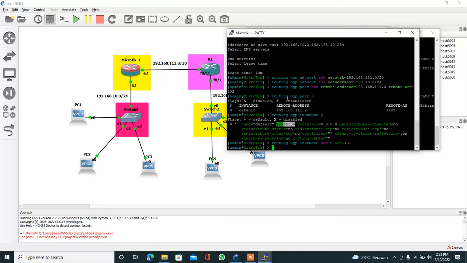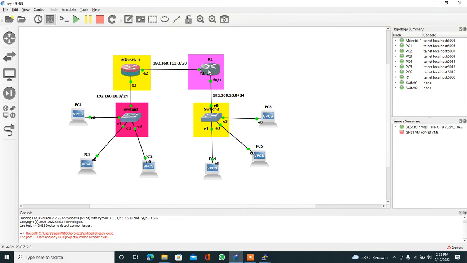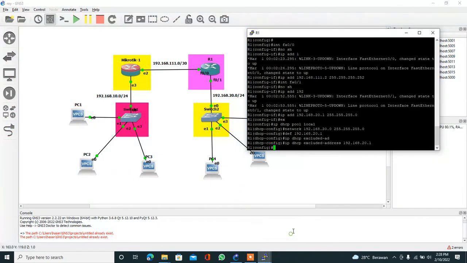Okay, next we enter the Cisco router. Enter the configuration for routing BGP: router bgp 1102, like this.